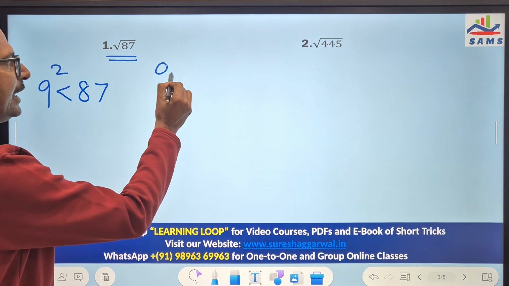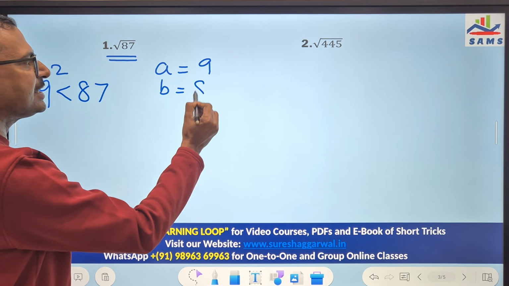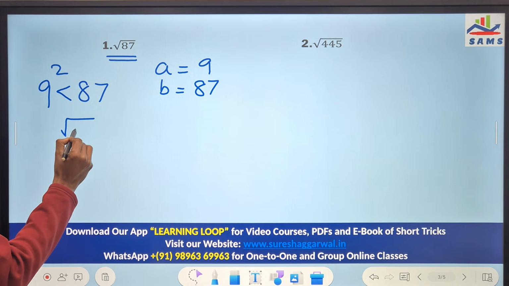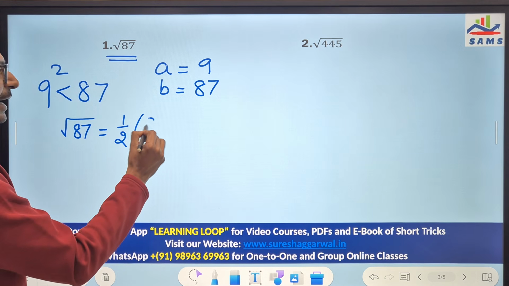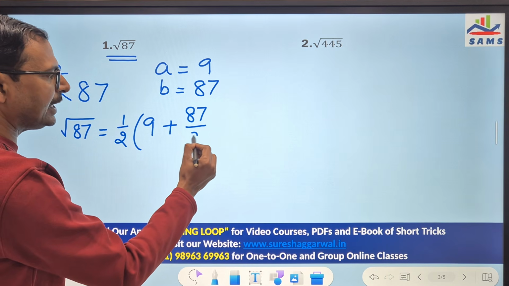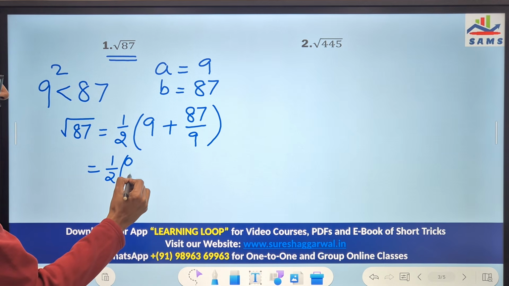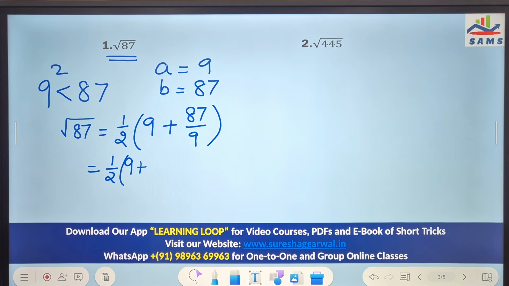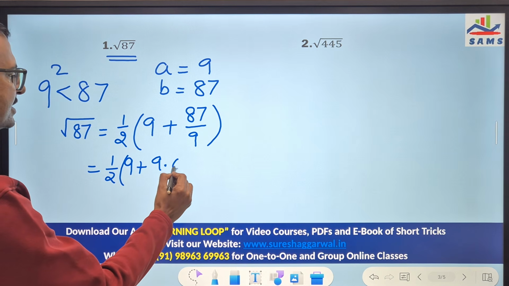So the value of a becomes 9 and b is the number itself. So if I have to find the square root of 87, I will write half of a, which is 9, plus b, which is 87, upon a, which is 9, and all I have to do is just divide 87 by 9. For simplicity's sake, I have already divided it for you. This will give me 9.66,